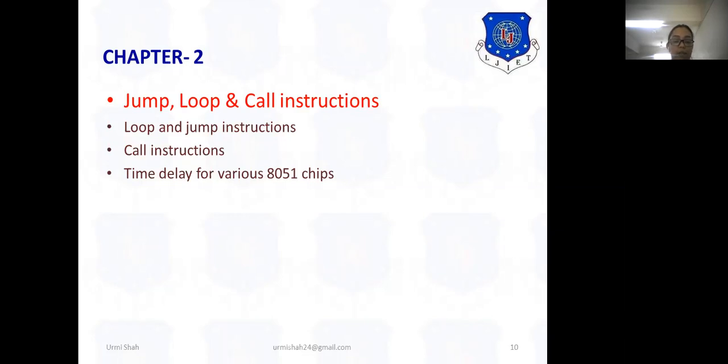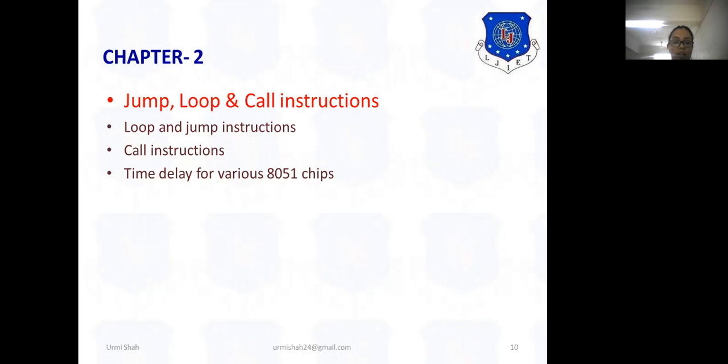So in chapter 2, we are moving ahead in depth with the instruction set and programming of 8051. Please try to focus on this chapter specifically. It's very important. And chapter 1 is completed, so please revise it.